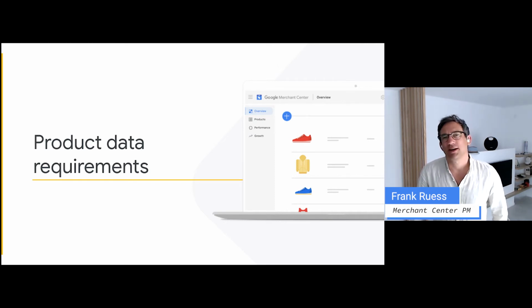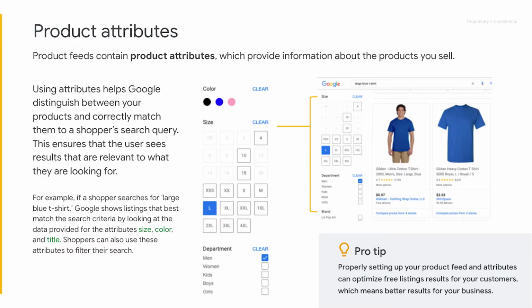Let's start by asking ourselves the question, what is the importance of product attributes? Well, it actually helps us at Google to better understand your products. We then can better match your products to your consumers. And they in turn will have a richer user experience, and that effectively helps them to make more informed buying decisions of your products.